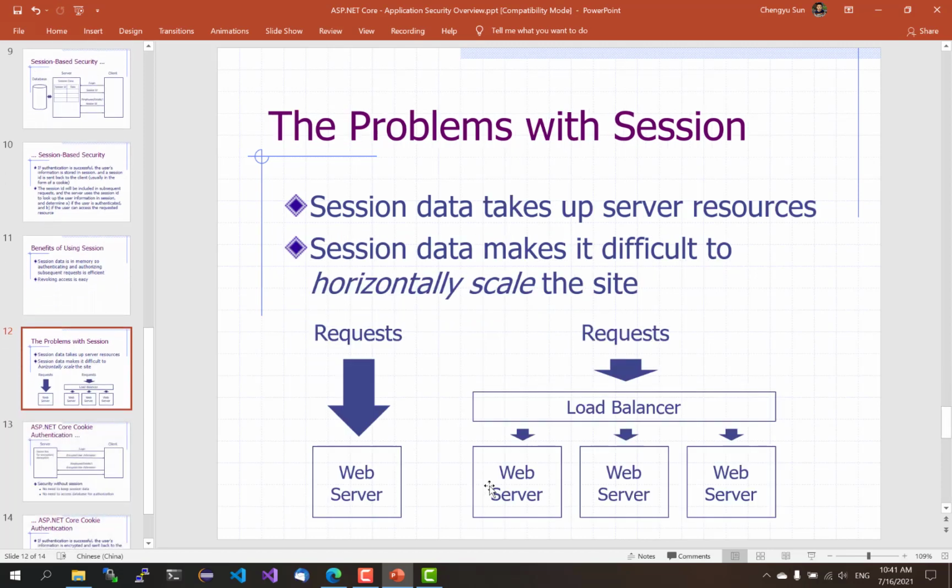But there are also some problems of using session. First, session data takes up server resources, and we'll have lots of users. That's already a big issue by itself. To make matters worse, because session data is kept in memory of the web server, it also makes it difficult to do the so-called horizontal scaling. When your application or web API is under heavy traffic and you want to increase its capacity, you can do two things. You can get a bigger server with more memory, faster hard drive, faster CPU, and so on, and